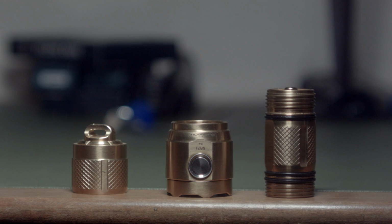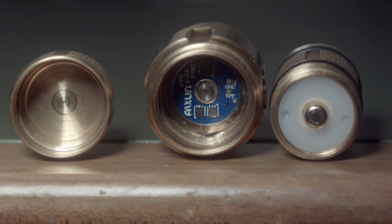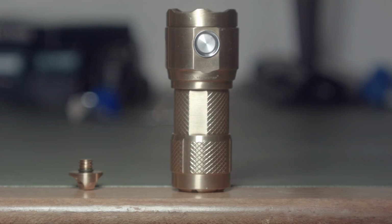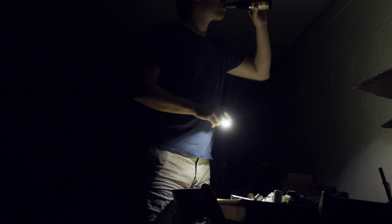The head is also similarly machined. It's heavy and it feels very well made. It should take on an interesting patina throughout the years too. The tail cap has a lanyard hole, or it's removable in case you tail stand your light often for hot candle action. Also, that hole is a standard photo tripod mount, so you can hook it up to a tripod